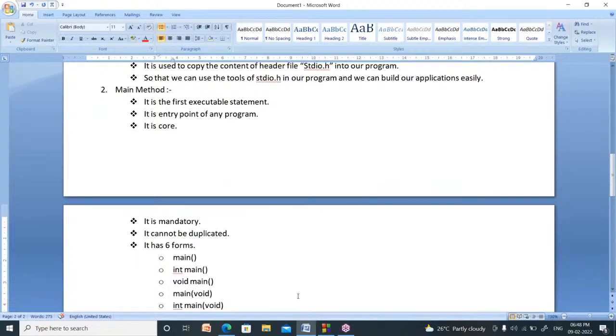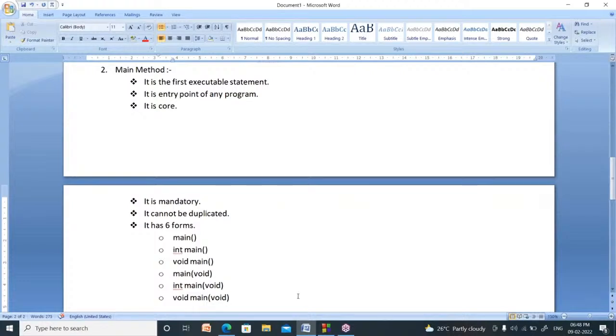You have to write at least one main method. It cannot be duplicated, which means you cannot write more than one main method in a program. You can write a main method in six forms, such as main, int main, void main, main of void, int main of void, void main of void.